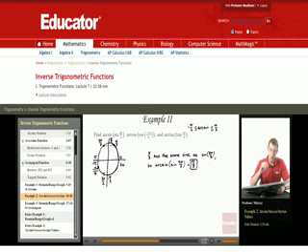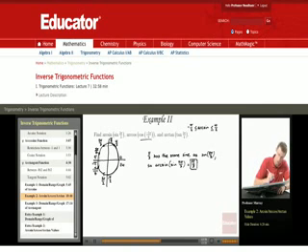We want an angle whose cosine is the same as the cosine of negative 5 pi over 6. Cosine is the x value. So we want an angle that has the same x value as the one we just found. And there it is right there,